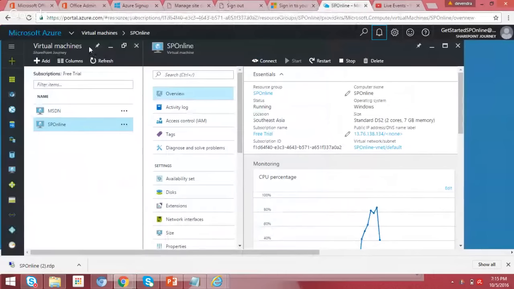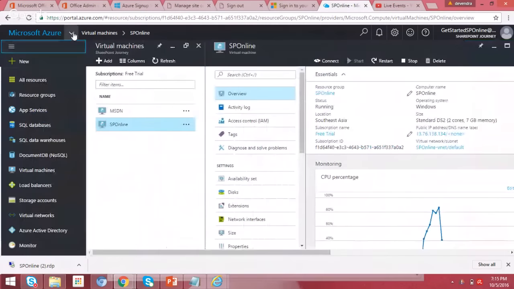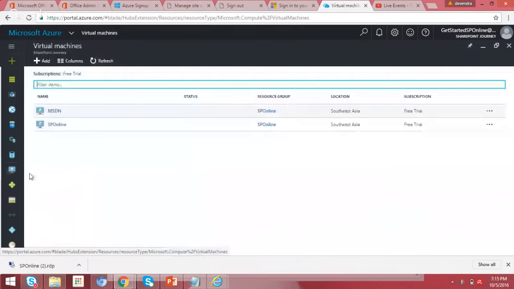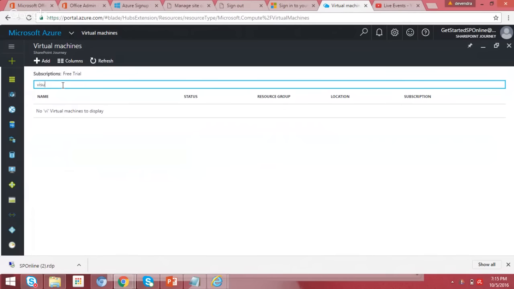So this is the other one which I have already configured, and I have a VM also here, which is SP Online. But how are you going to create a new VM from Azure? Once you go to this portal, you can always go to this virtual machine section, and here this is again free trial. So here I can just type